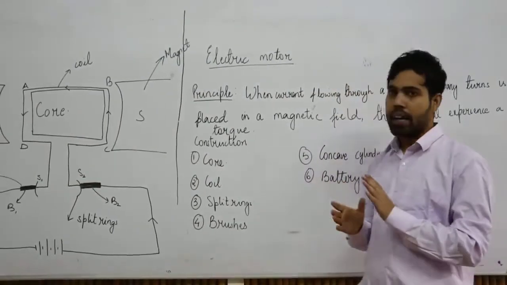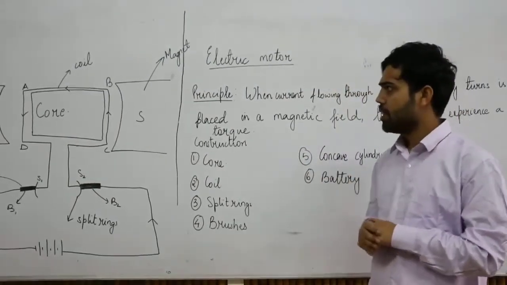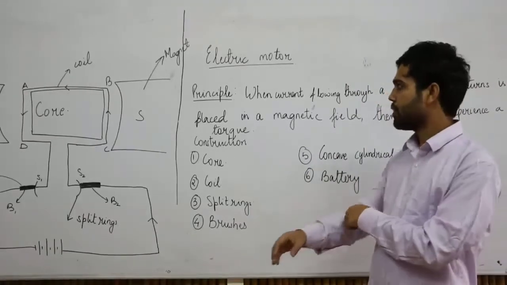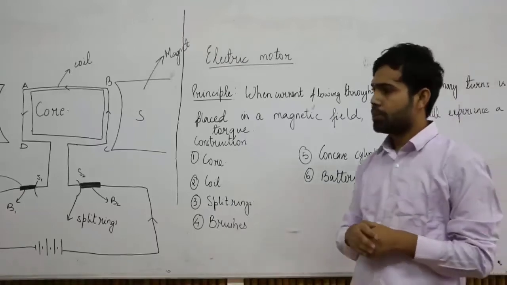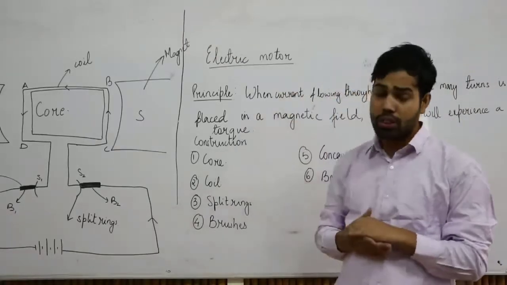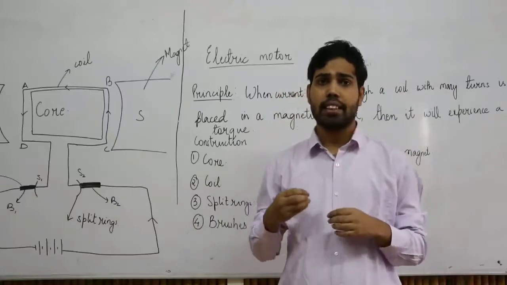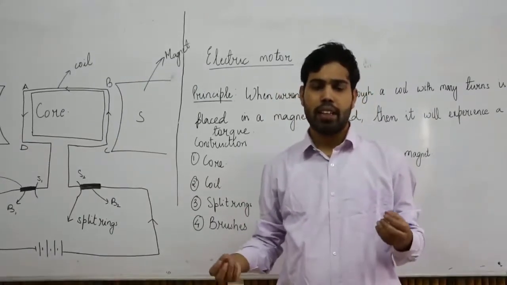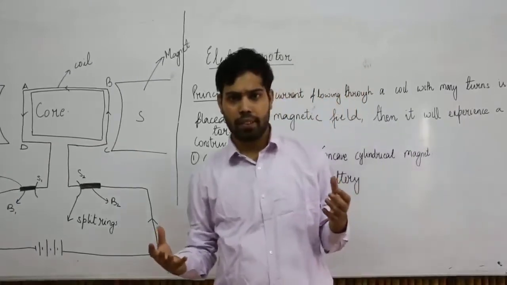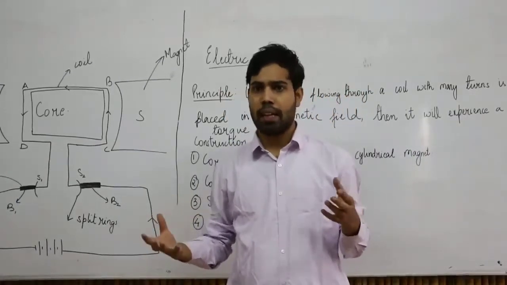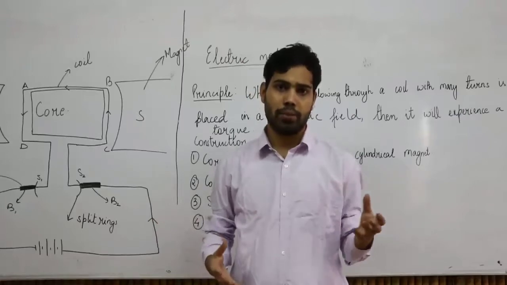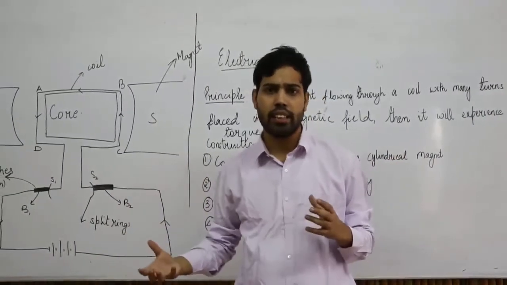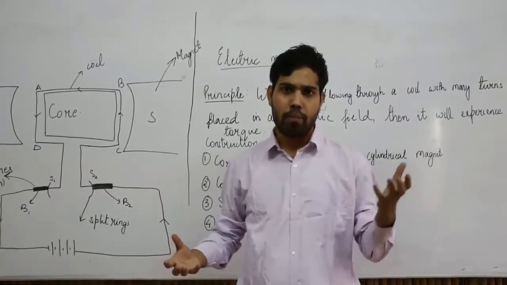Okay, now we'll look at an important electrical device which uses certain properties of the magnetic effect of current. So this is my electric motor. What is an electric motor? It is a device which converts electrical energy into mechanical energy. Suppose, for example, I have a fan. When I supply some amount of current to it, the fan rotates. This electrical energy is being converted to mechanical energy.